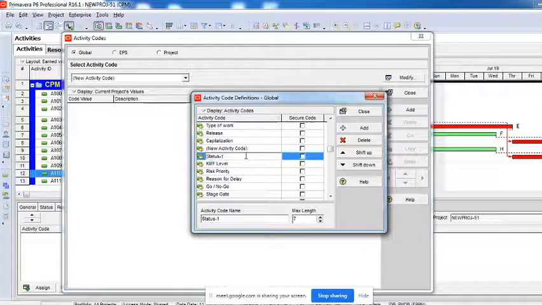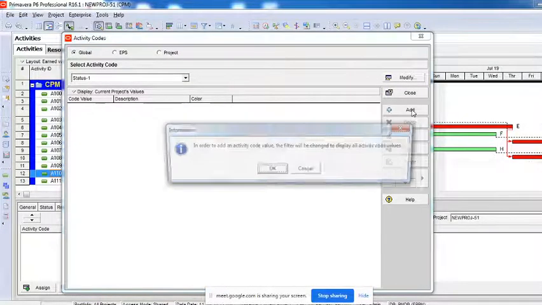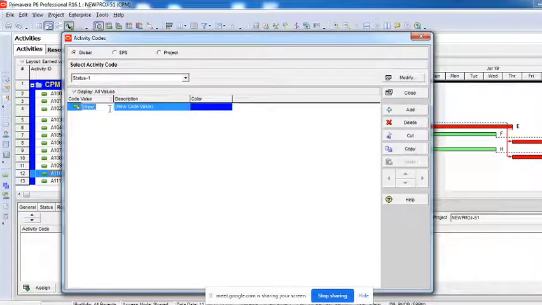Okay, let it be status 1 itself. Let us not make any changes to it. I'll just close. Now you can see the code is generated as status 1. I'll say add. Now I'm adding the values for it. Not every time should there be an alphabetical number to create values, nothing like that. It can be the same as a code and a value.